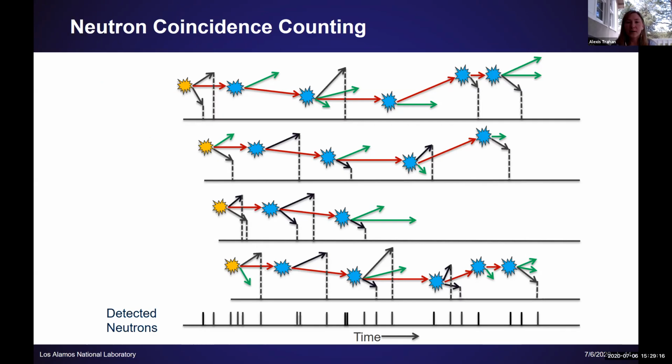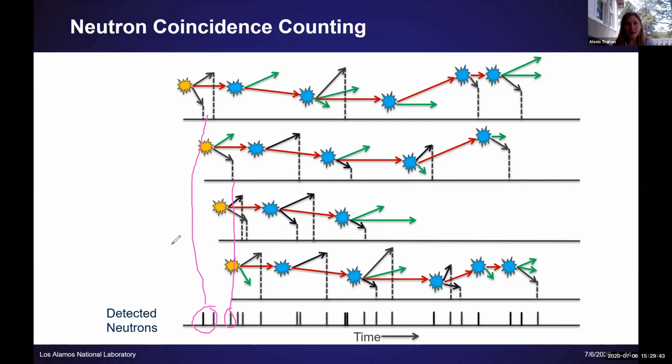So how can we tell? I'm going to try to annotate here. Sometimes this goes well and sometimes it doesn't. So how do we know, for example, that these neutrons, which are detected really close to this neutron, are not from the same fission event or chain? Because this neutron came from that one, and these neutrons came from a totally unrelated fission chain. And so the answer to that is basically statistics.